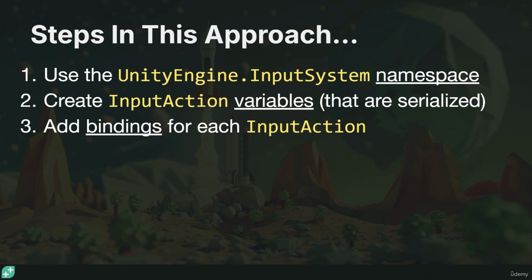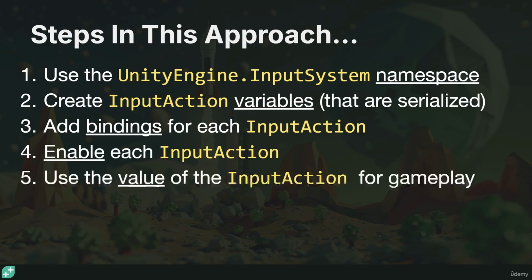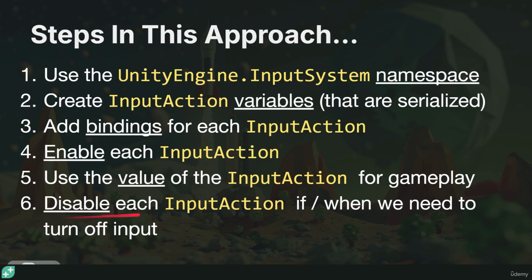We need to add bindings for each of our input actions. We need to enable the input action, and we need to use the value of the input action. So if the input action is for thrust and we say it's going to be connected to the spacebar, then somewhere in our code we say, okay, if the spacebar is pressed, then we want to do something with that. We want to thrust forward, and then we disable each input action if or when we need to turn off